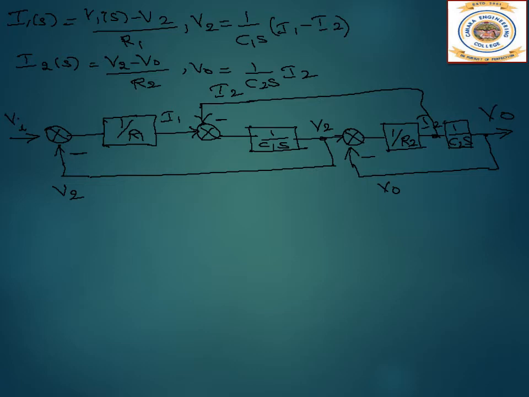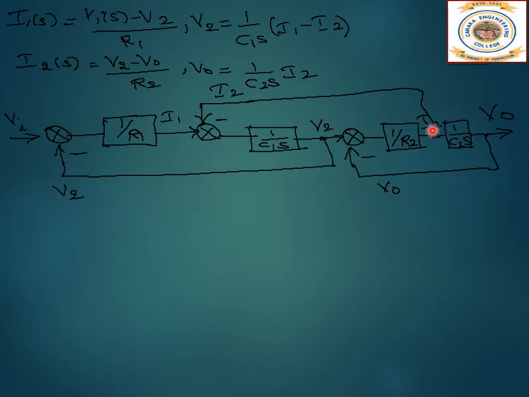block diagram. Next is the simplification of this block diagram. So let us start simplifying the block diagram. Here we need to know how to simplify. First we have to check if we have any series block. We don't have any series block. Parallel block, no. Feedback, there are feedback blocks but it is not direct. We have to do some shifting, right? So what we will do is shift this takeoff point I2 behind the block 1 by C2.